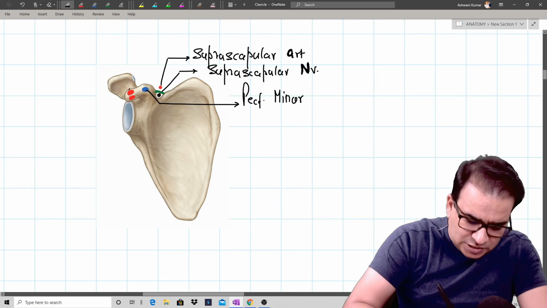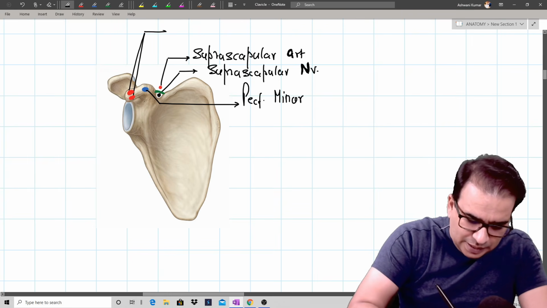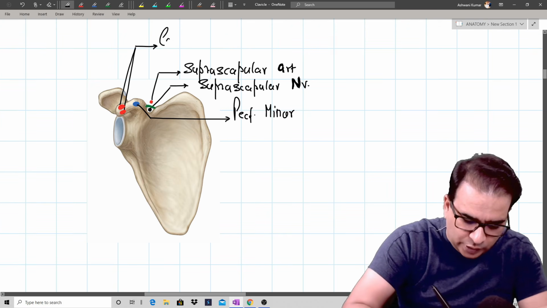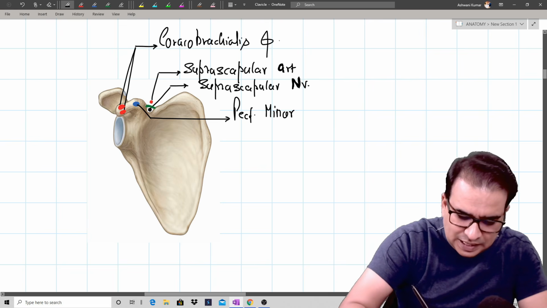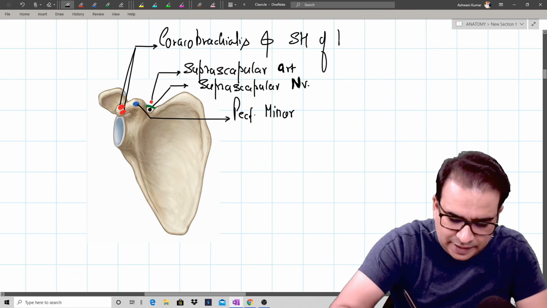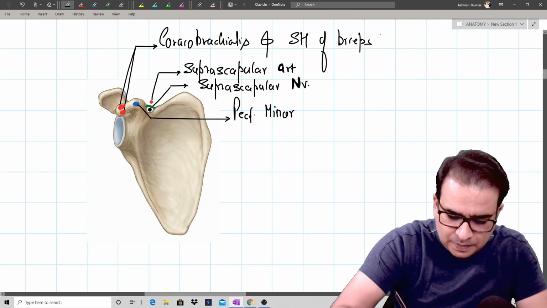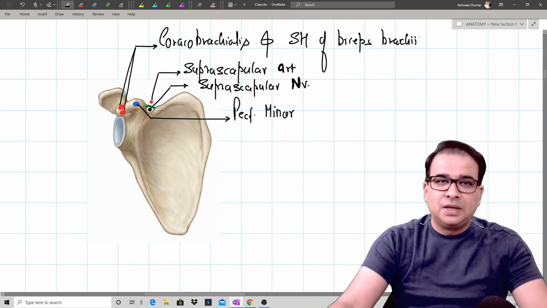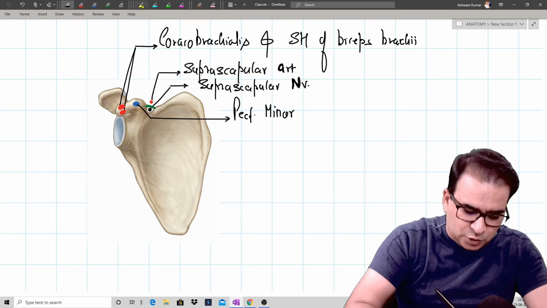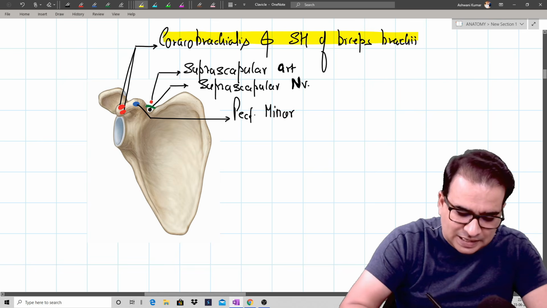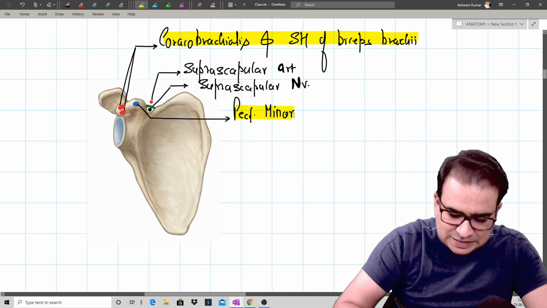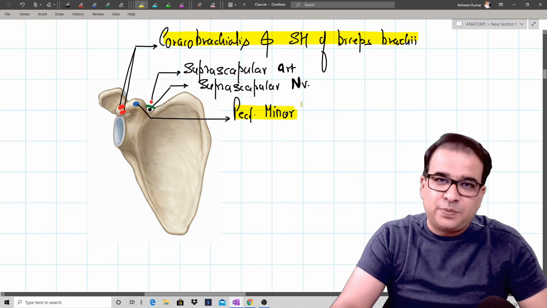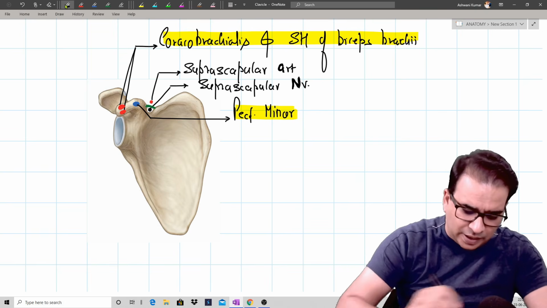And as you can see, there are two origins also to be appreciated here on the coracoid process. Of course, it is the origin for the coracobrachialis, and very importantly, it's the origin for the short head of the biceps brachii. People do have confusion with the short head and long head, about where they're originating from and how exactly they're passing. So these are the three muscles. If the question is asked what the three muscles attached to the coracoid process are, it's pectoralis minor, which is inserted, coracobrachialis, and the short head of biceps brachii, which are originating from here.